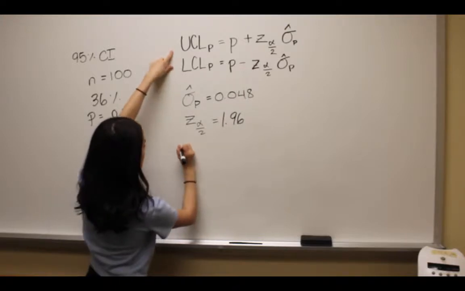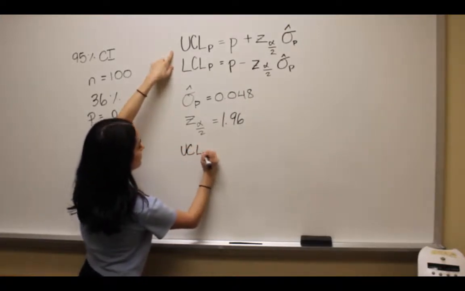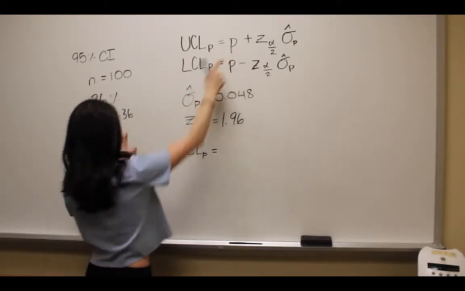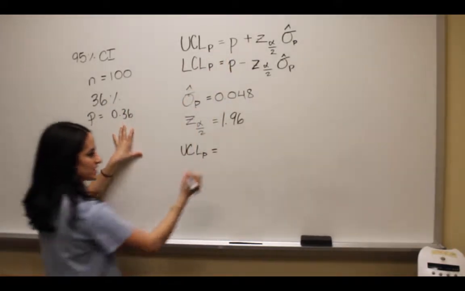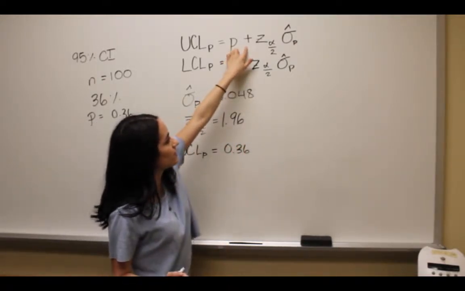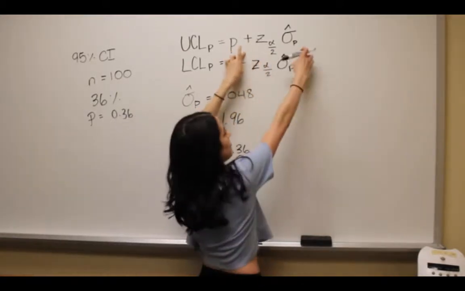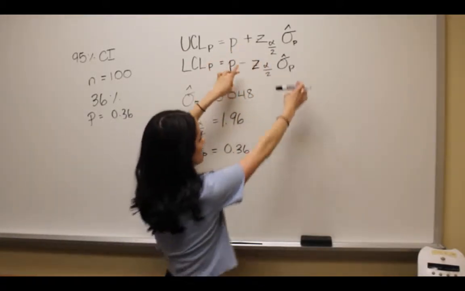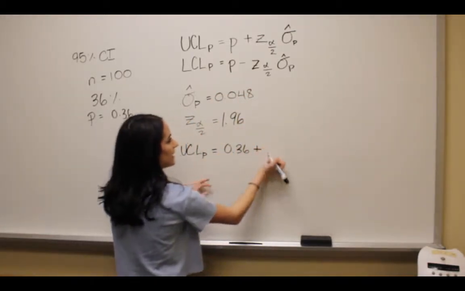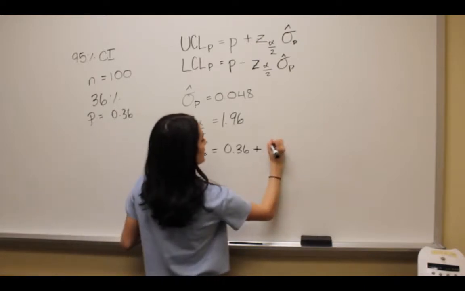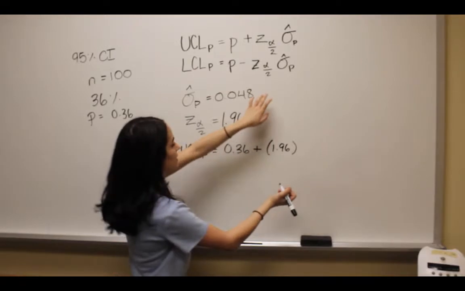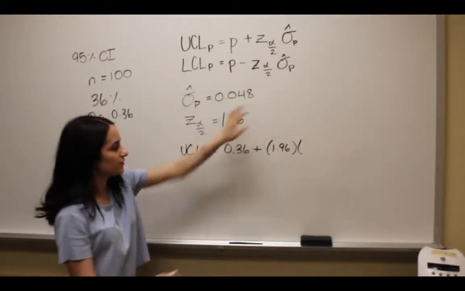So we're going to start with this one, and it's going to be UCL proportion, and then we'll just plug it in. So in this case, the proportion is 0.36, so we're going to get 0.36. And then for the upper confidence interval, you add what you solved, and for the lower confidence interval, you subtract. So since this is the upper confidence interval, we're going to add these values. Then you're going to plug in the z, 1.96. Then you're going to plug in the standard error, which is what we solved for, so it'd be